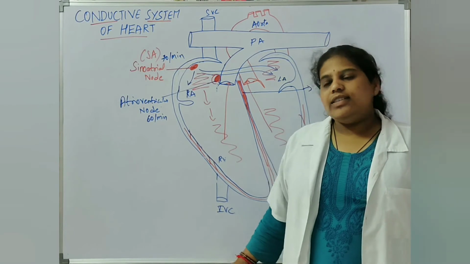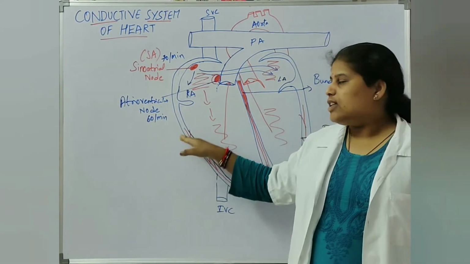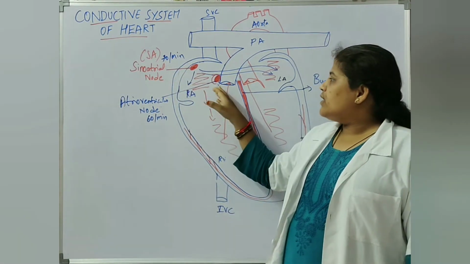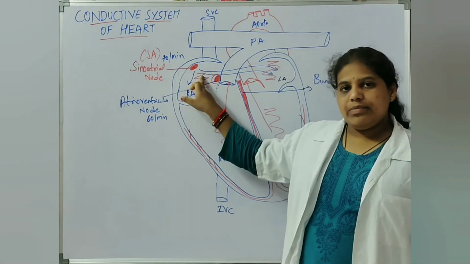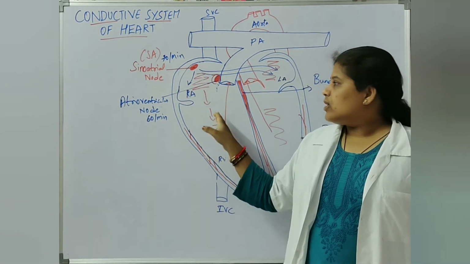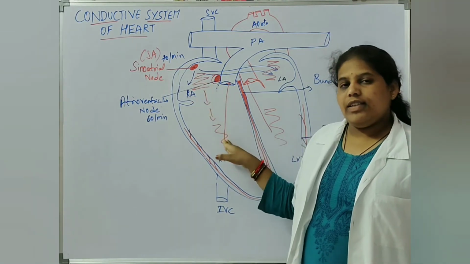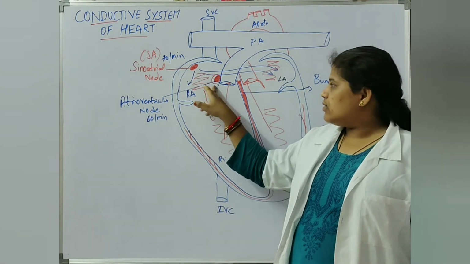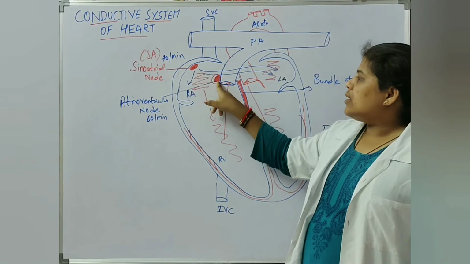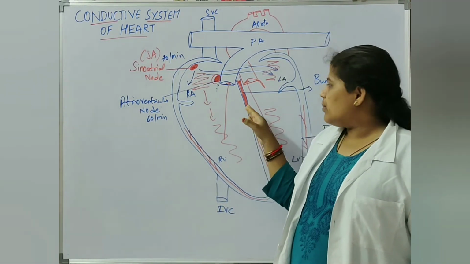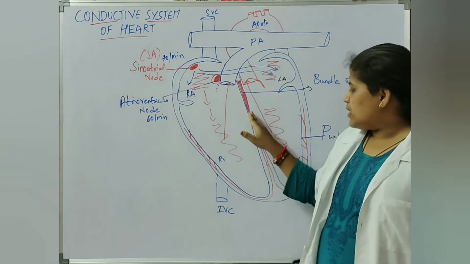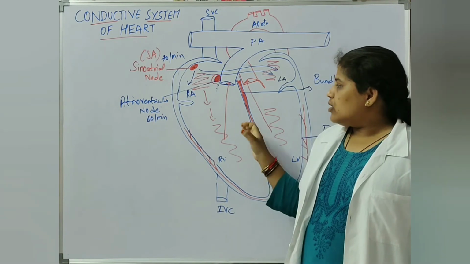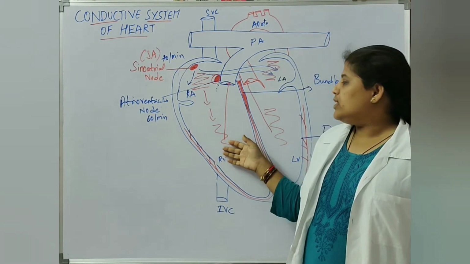In the conductivity of the heart, the atrioventricular node has a special feature. It delays the signal from the SA node. Why? The reason for the delay is that the blood from the atrium has to enter the ventricle, and the entry of blood from the atrium to the ventricles needs some time. If there is no delay at the AV node, the signal passes very quickly, within a few seconds, to the bundle of His, and from the bundle of His it may transmit to the Purkinje fibers, which leads to the contraction of ventricles. So the ventricles may contract without filling of blood into the ventricles.